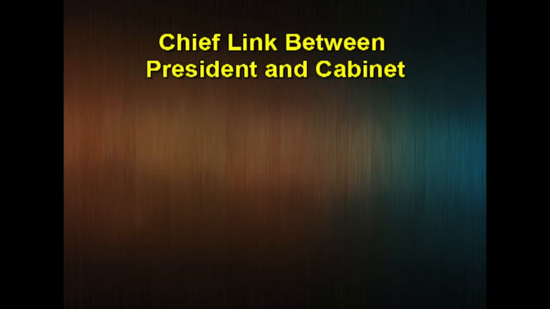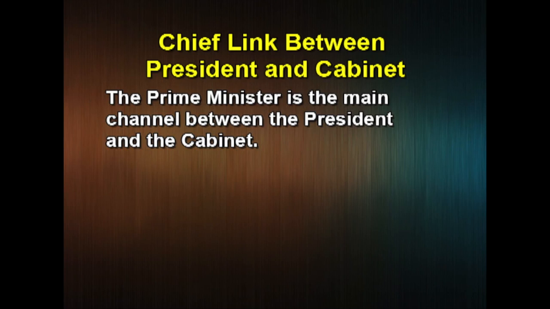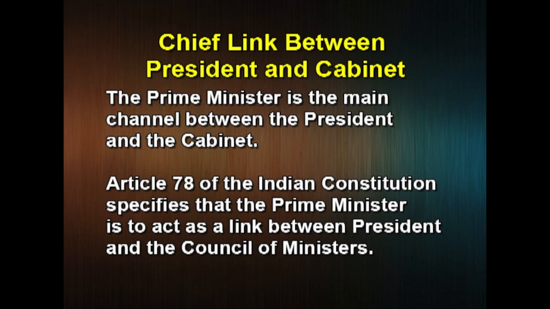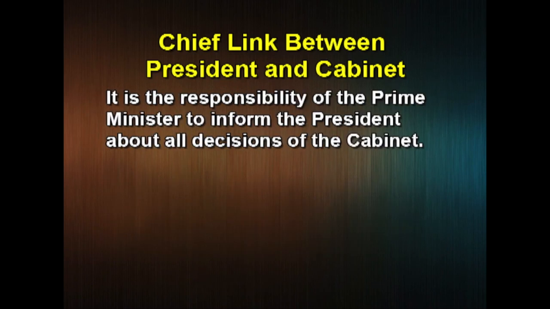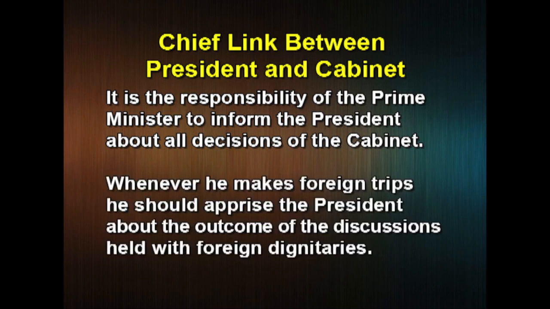Chief link between President and Cabinet. The Prime Minister is the main channel between the President and the Cabinet. Article 78 of the Indian Constitution specifies that the Prime Minister is to act as a link between the President and the Council of Ministers. As such, it is the responsibility of the Prime Minister to inform the President about all decisions of the Cabinet. Whenever he makes foreign trips, he should apprise the President about the outcome of the discussions held